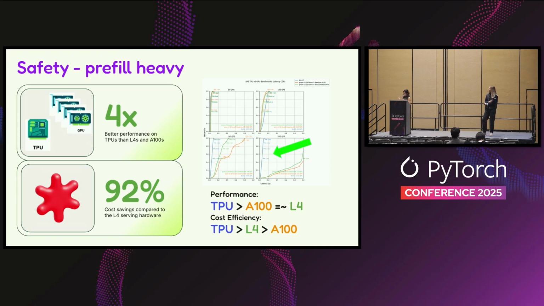The last use case, safety. Here, TPUs win on raw performance and on cost efficiency. So safety is our proportionally heaviest prefill workload, since we take an entire system and user prompt and return just 1 to 2 tokens, since we're using this LM as a classifier model to really classify whether content is violative